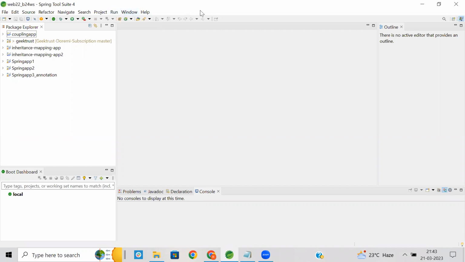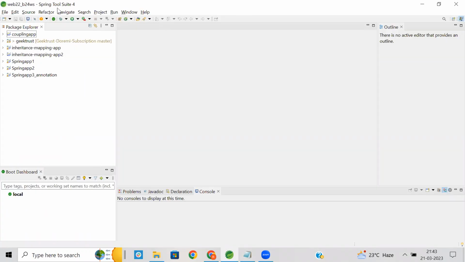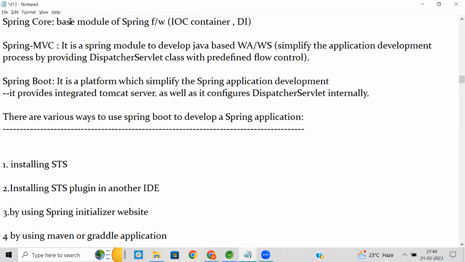STS is simple like Eclipse, but it already has plugins which help us develop Spring Boot applications. So directly you can download this STS, which is an Eclipse IDE